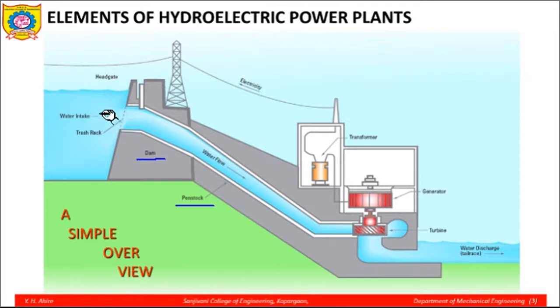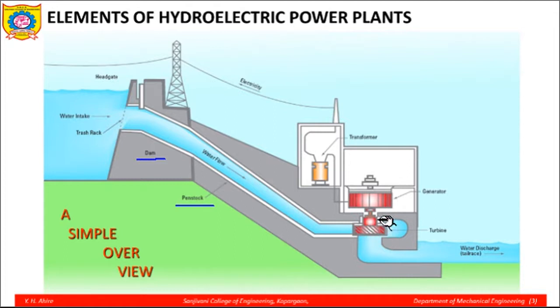The water stored in the dam has potential energy, and as it flows down through the conduits, partly the potential energy is converted into kinetic energy, right, and it also has a pressure energy or a potential energy. So this fluid energy is transferred as a rotation of the turbine, and that rotation of the shaft of a turbine is known as mechanical